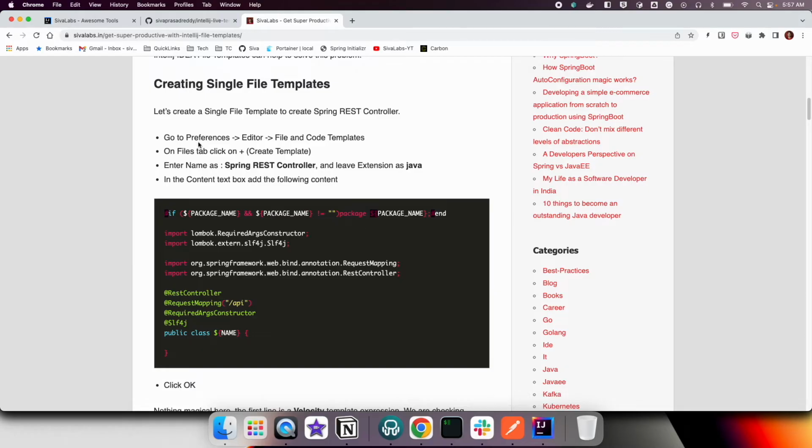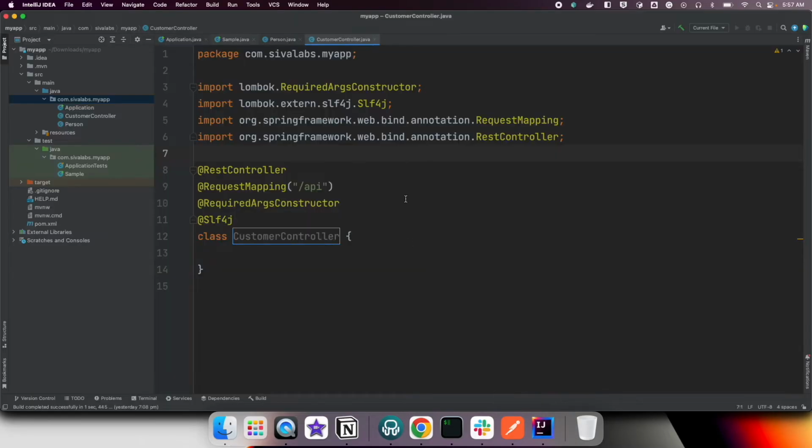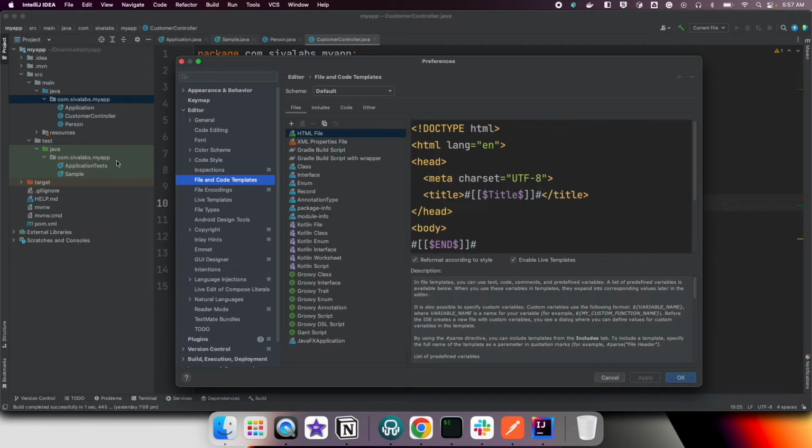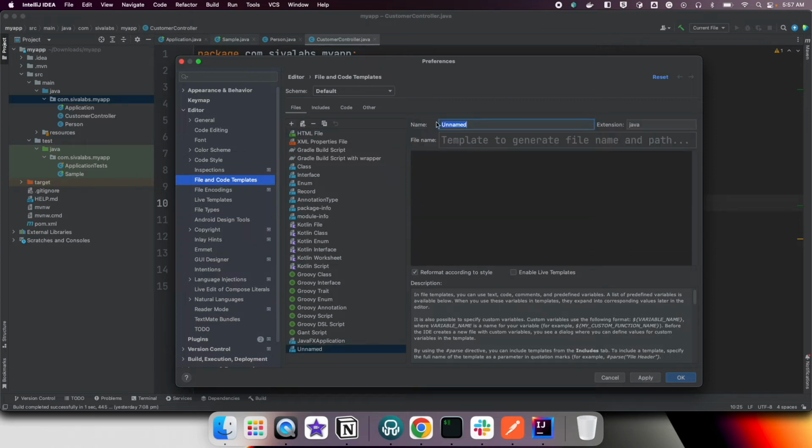So what we can do, preferences, go to file and code templates and then create a new template and then name it Spring REST controller. So let me go back, open this file and code templates, and here under the files tab I'm clicking this plus button, which is for creating a template, and here for the name I'm giving Spring REST controller, extension as Java. Okay, and